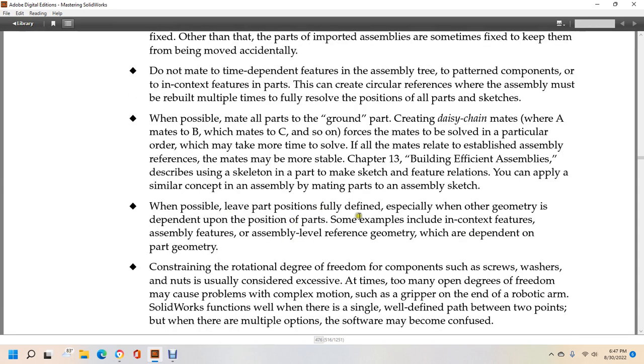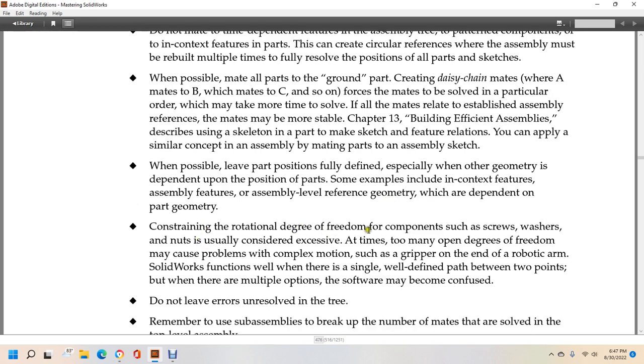Where possible, leave parts fully defined in position, especially when other geometry depends upon the position of the parts. Examples include in-context features, assembly features, and assembly-level reference geometry, which are dependent on the part geometry. Constraining rotational degrees of freedom of components such as screws, washers, and nuts usually conserves excess rebuild time. Too many open degrees of freedom may cause problems with complex motion, such as the gripper end of a robotic arm. SolidWorks functions well